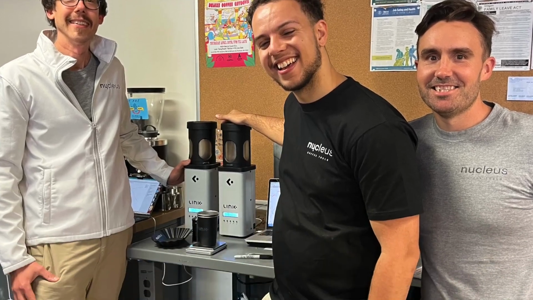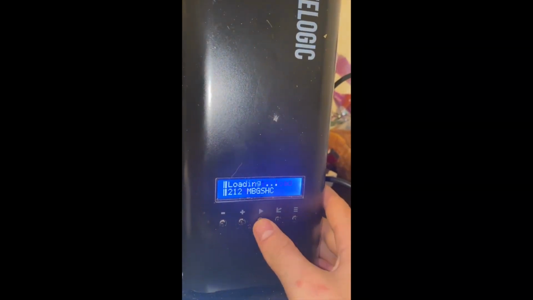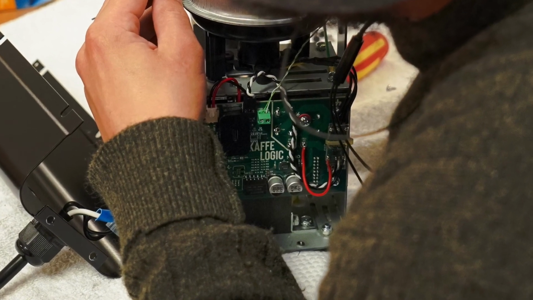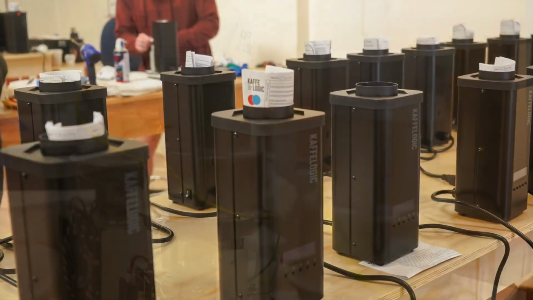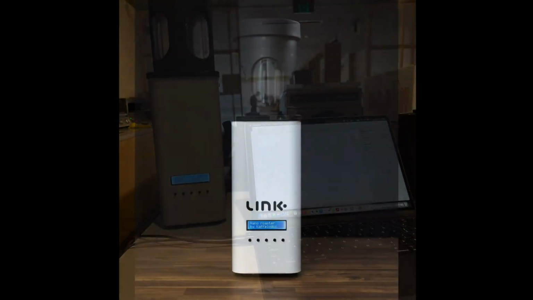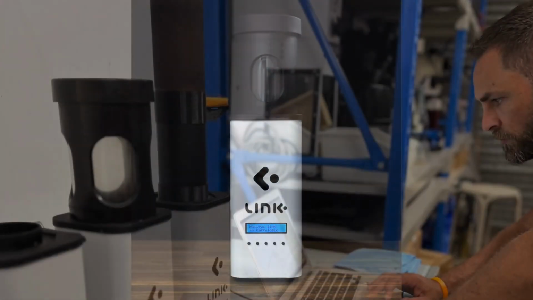Many of you are familiar that team members of Nucleus have been working for many years on developments with the team at Cafologic. With different target audiences needing roasting solutions, this has led not only to further refinements of the Nano, but also the development and establishment of the Link. This has allowed Cafologic manufactured solutions to address wider audiences of the coffee industry.